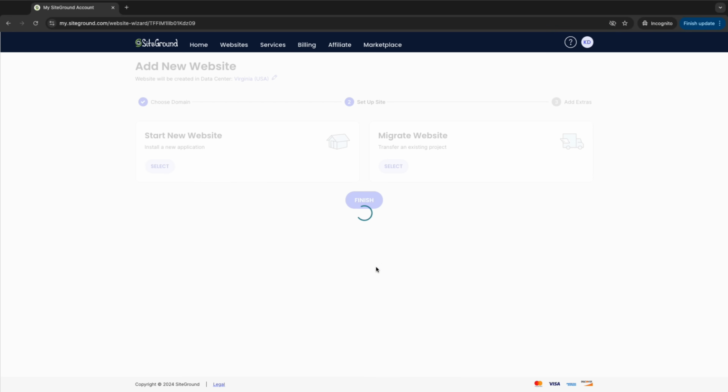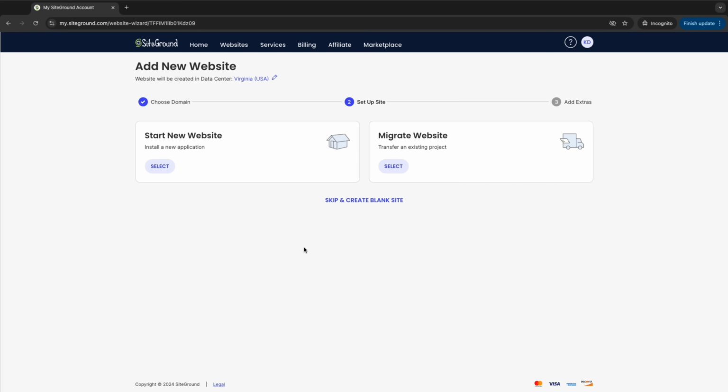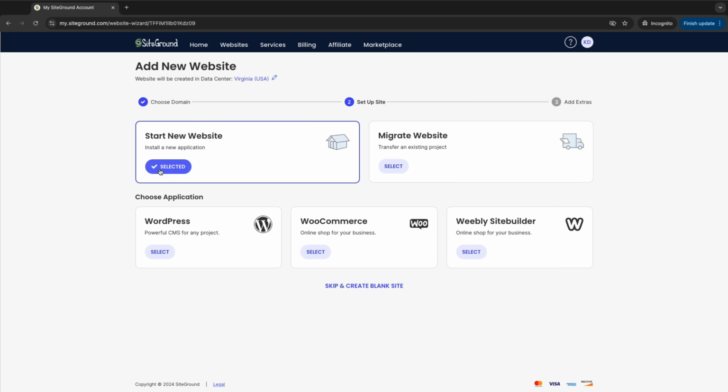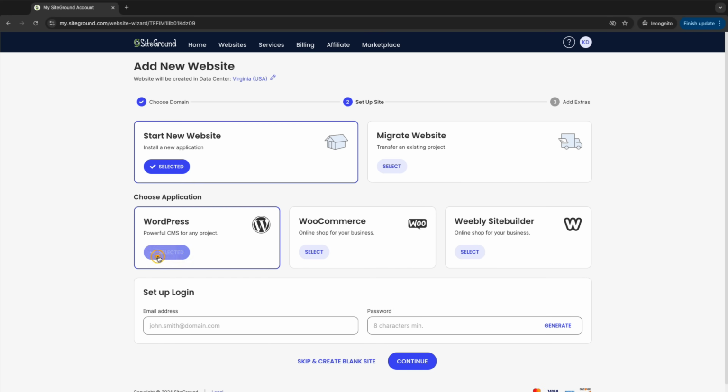And from there, it will ask us if we want to create a new website by installing an application, or to connect an existing website, which you could use for migrating from another host to Siteground, if you had an existing website elsewhere. We could skip and create an empty site, but that wouldn't make much sense for the purpose of this tutorial. So let's go with New Website, where it will give us 3 options: WordPress, WooCommerce, and Weebly. Fortunately, this is a WordPress video, so we're going to go with WordPress,